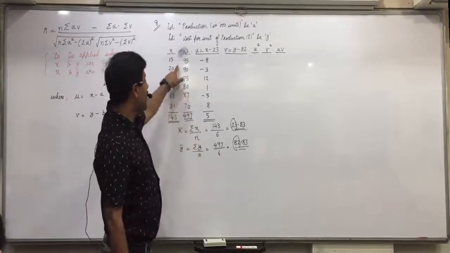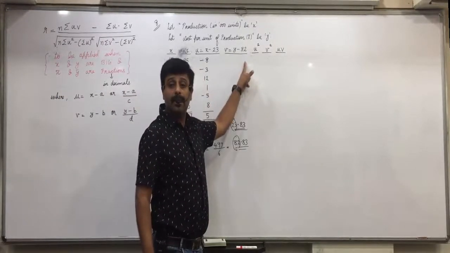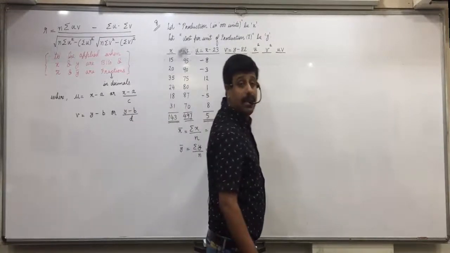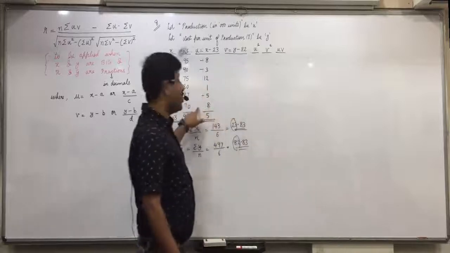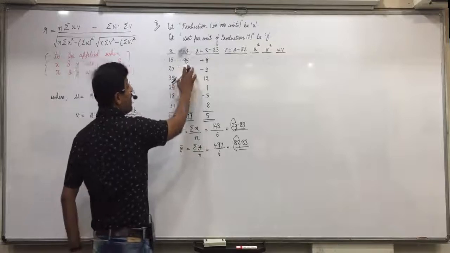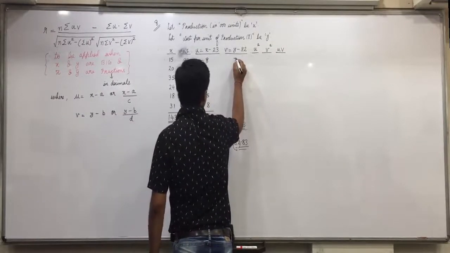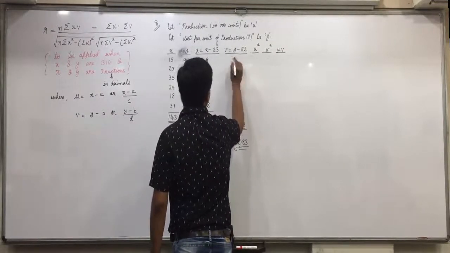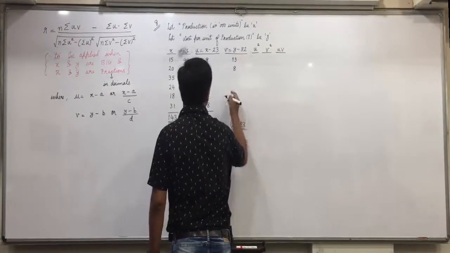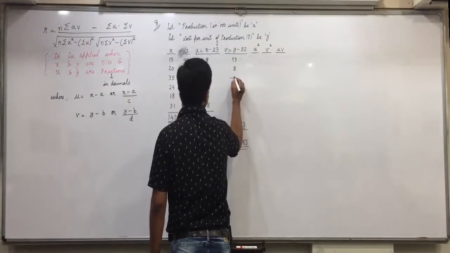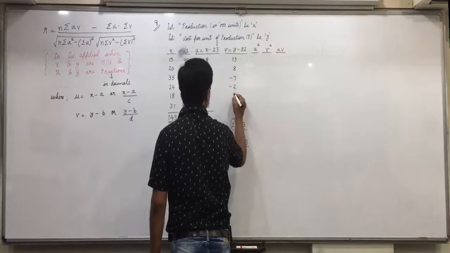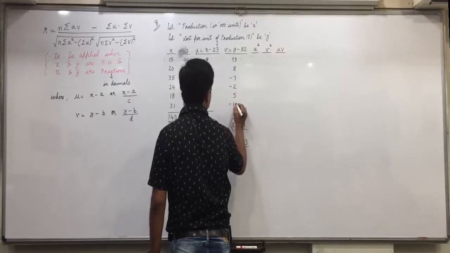Now same way, how will we obtain v, y minus 82? 82 means from all the observations of y we will minus 82. Raise your hand who is still writing u. All have written it? So do it, 95 minus 82 equals to 13. 90 equals to 8. 75 equals to minus 7. 80 equals to minus 2. 87 equals to 5. 70 equals to minus 12.